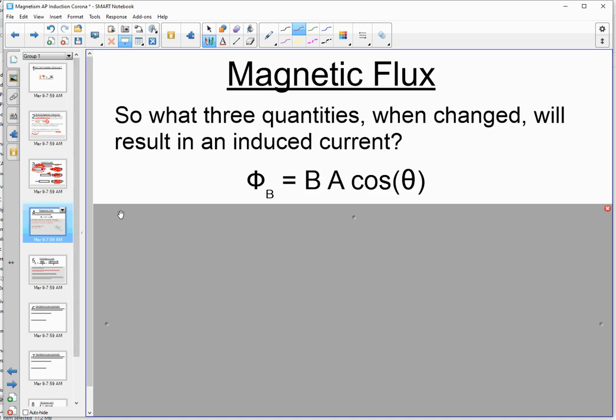Now, that was all very qualitative. It's time to get quantitative. So what is the magic quantity that if you change it, you will get an induced potential difference? That quantity happens to be what's called magnetic flux. Magnetic flux has three pieces to it. Magnetic flux, first of all, gets the Greek letter phi. So this phi B here is magnetic flux, and it's composed of, here,